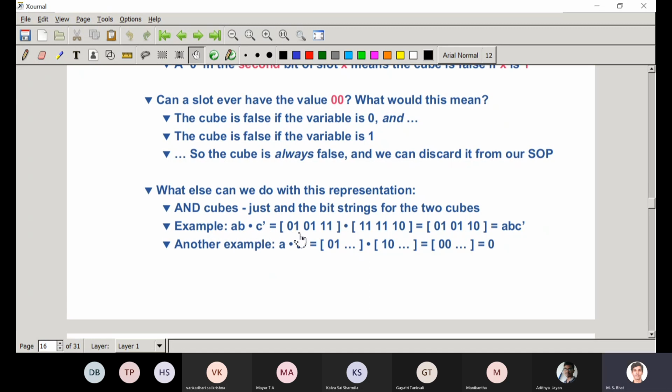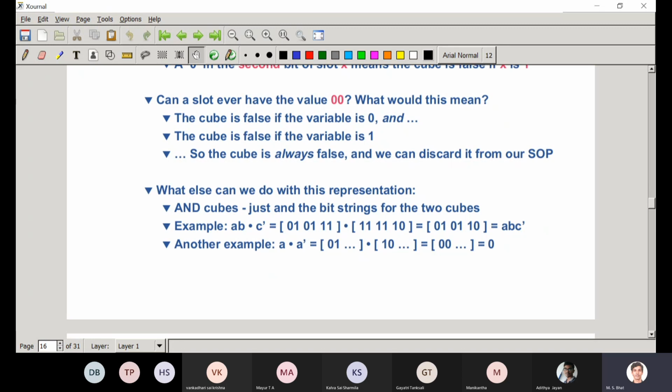So AB is represented 0, 1, 0, 1, 1, 1 because A is represented as 0, 1, B as 0, 1, and C is not present, so I represent it as 1, 1. In the second cube, A and B are not there, so you represent as 1, 1, 1, 1. C is in the complemented form, so 1, 0. If I do a bitwise AND operation, I get 0, 1, 0, 1, 1, 0.